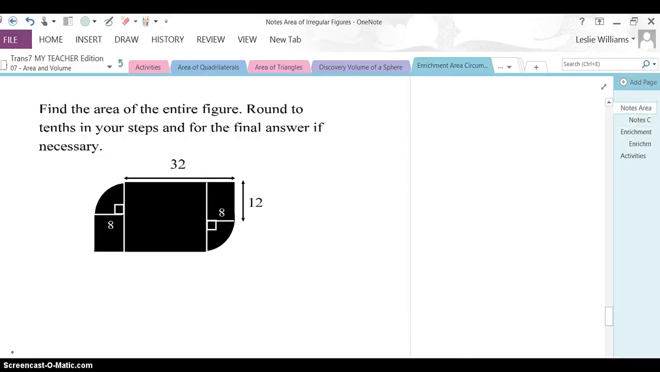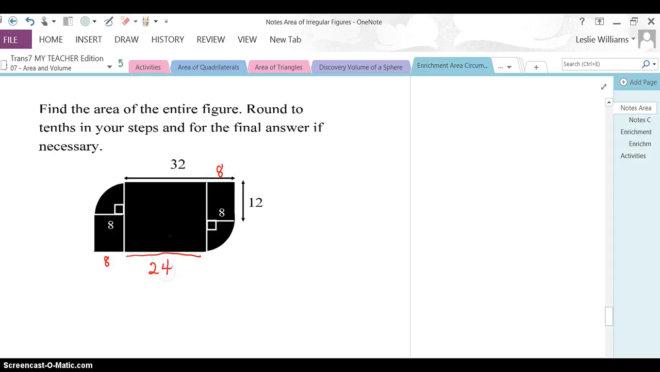This figure is much trickier. Here we have a rectangle in the middle, 2 smaller rectangles on the side, and notice they're the same rectangles, and then 2 quarter circles. So we know that this is 8 and this is 8 because opposite sides of rectangles are congruent. 32 minus 8 will give us this length right here. So 32 minus 8 is going to be